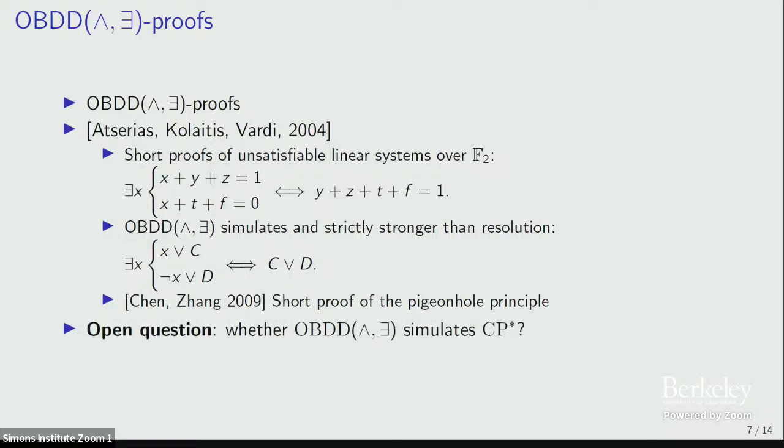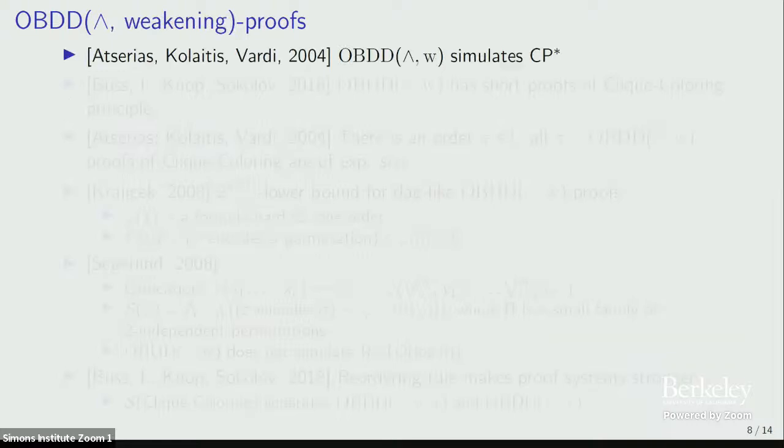Okay, and an open question is whether this proof system simulates cutting planes with unary coefficients. Why unary? Because OBDD has a short representation of equalities with unary coefficients, not necessarily in the arbitrary case. Okay, the proof system OBDD and the weakening, because this is just a semantic proof system, and since OBDD can represent linear equations, it's trivial that this proof system simulates cutting planes with unit coefficients.